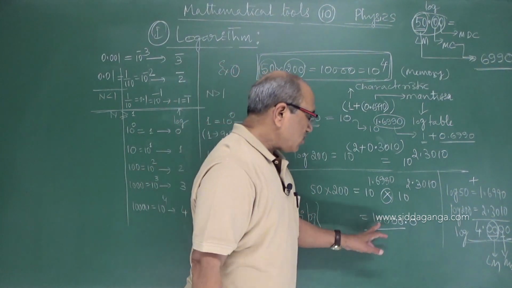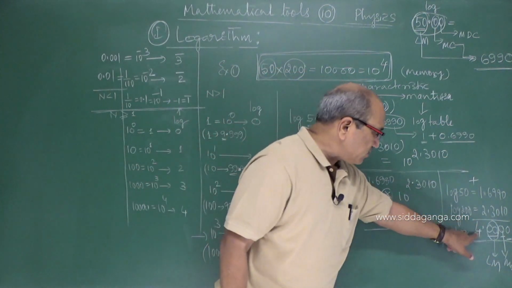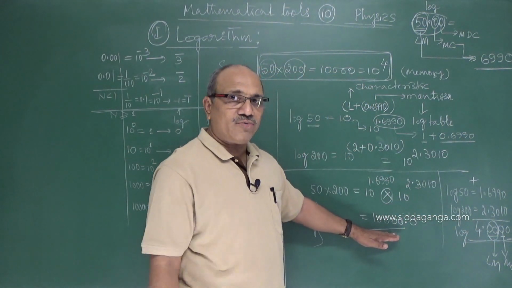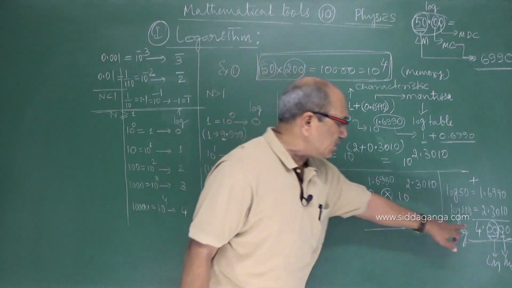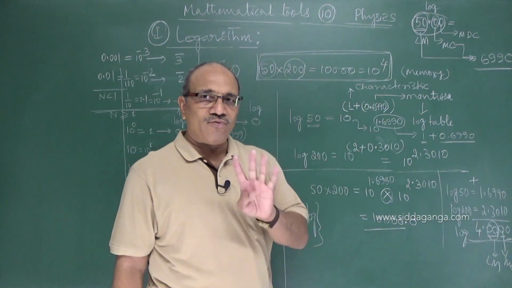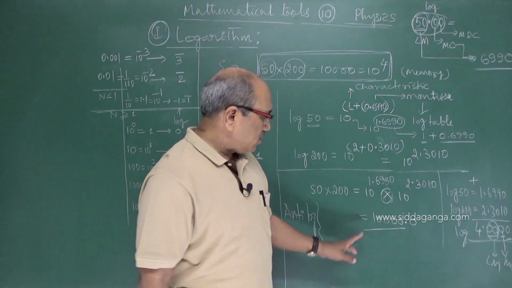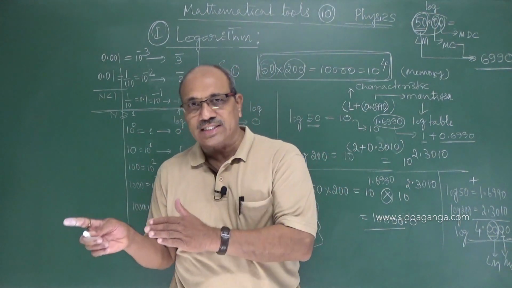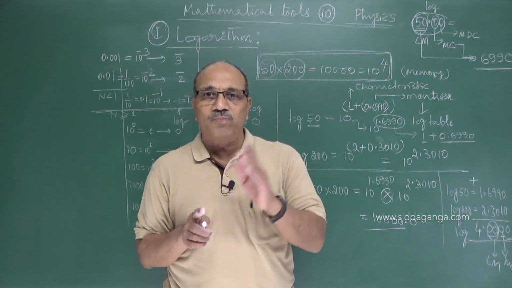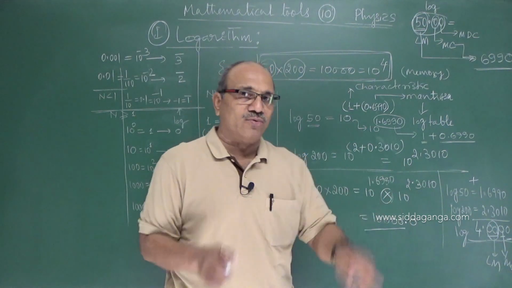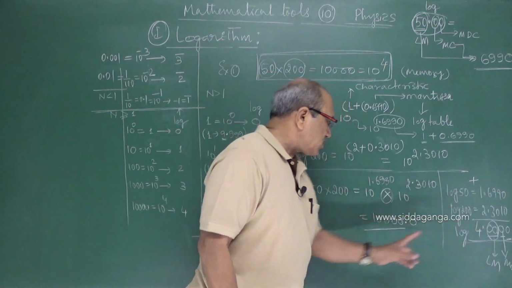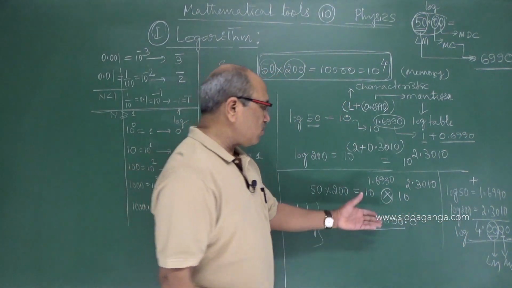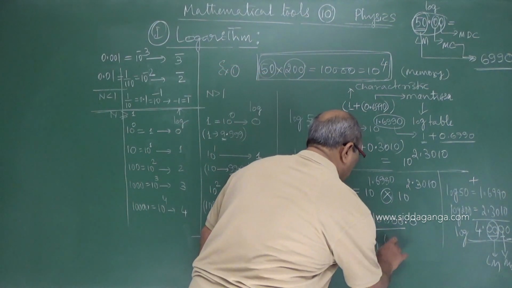Therefore, whatever the log characteristic comes, you have to put the decimal point in the number. In the anti-log, we get one more than the characteristic value. If you have 4, you have to make it 1 extra. In seeing the log, we made the digits 1 less. In anti-logarithm, we have to put the decimal point after 1 more. Plus 1: 4 plus 1 is 5. 1, 2, 3, 4, 5. After 5 digits, how much is the answer? It is nothing but 10 power 4.